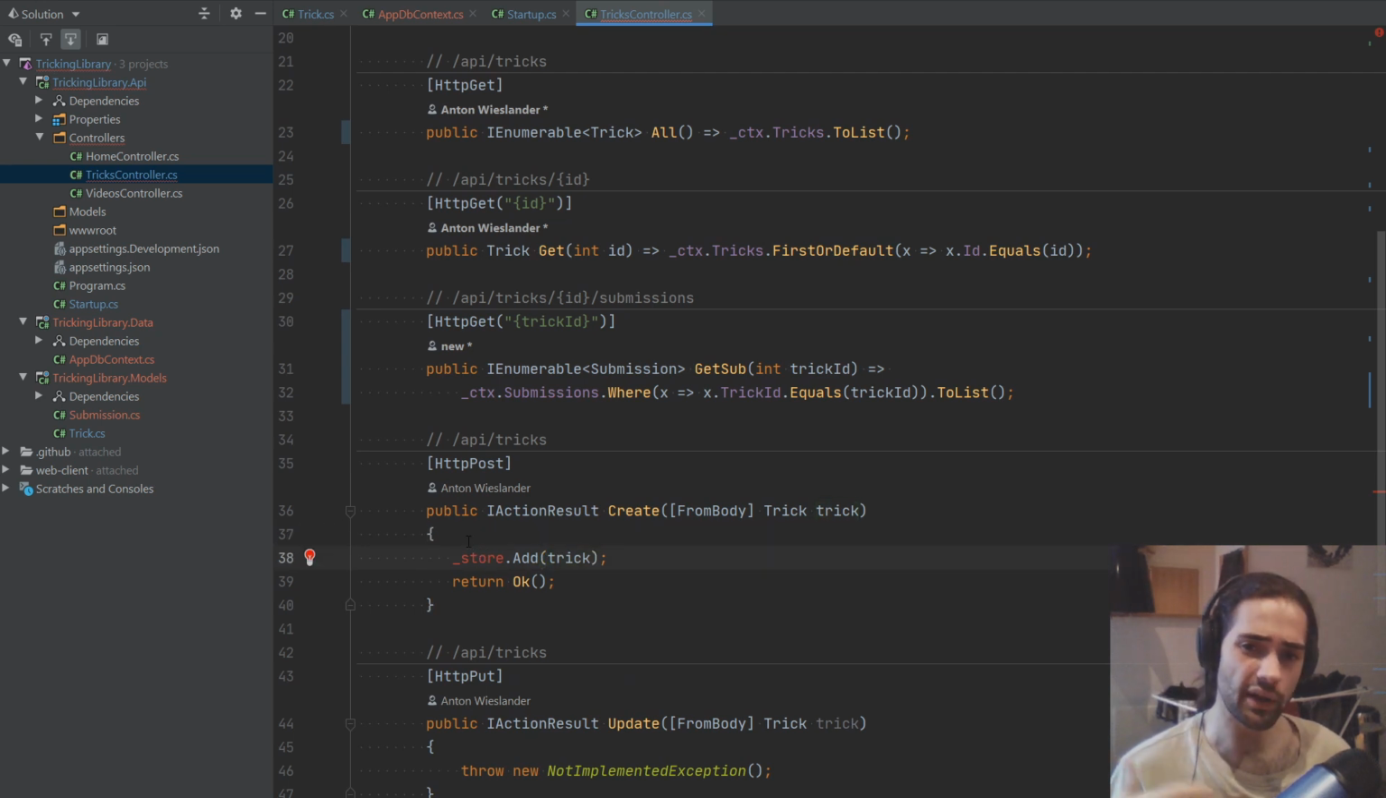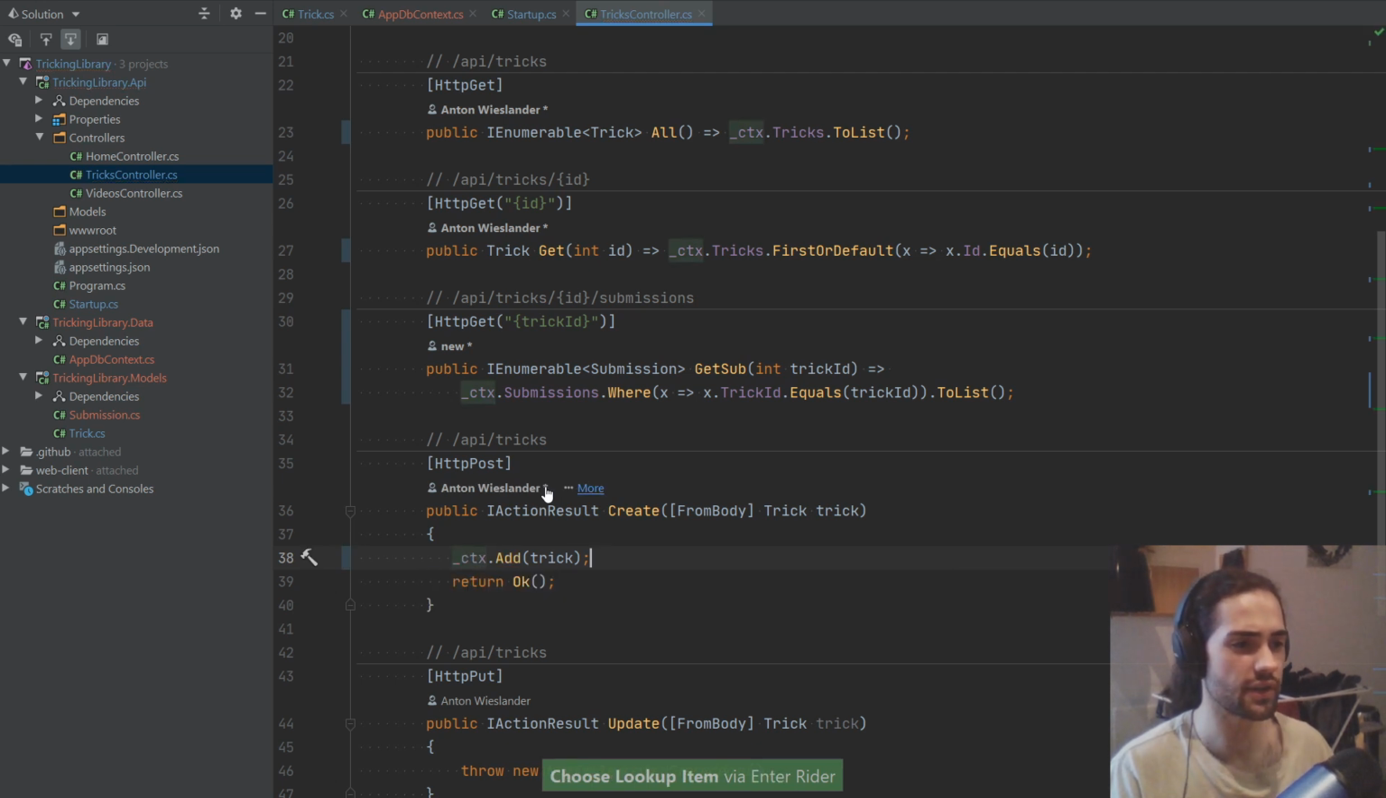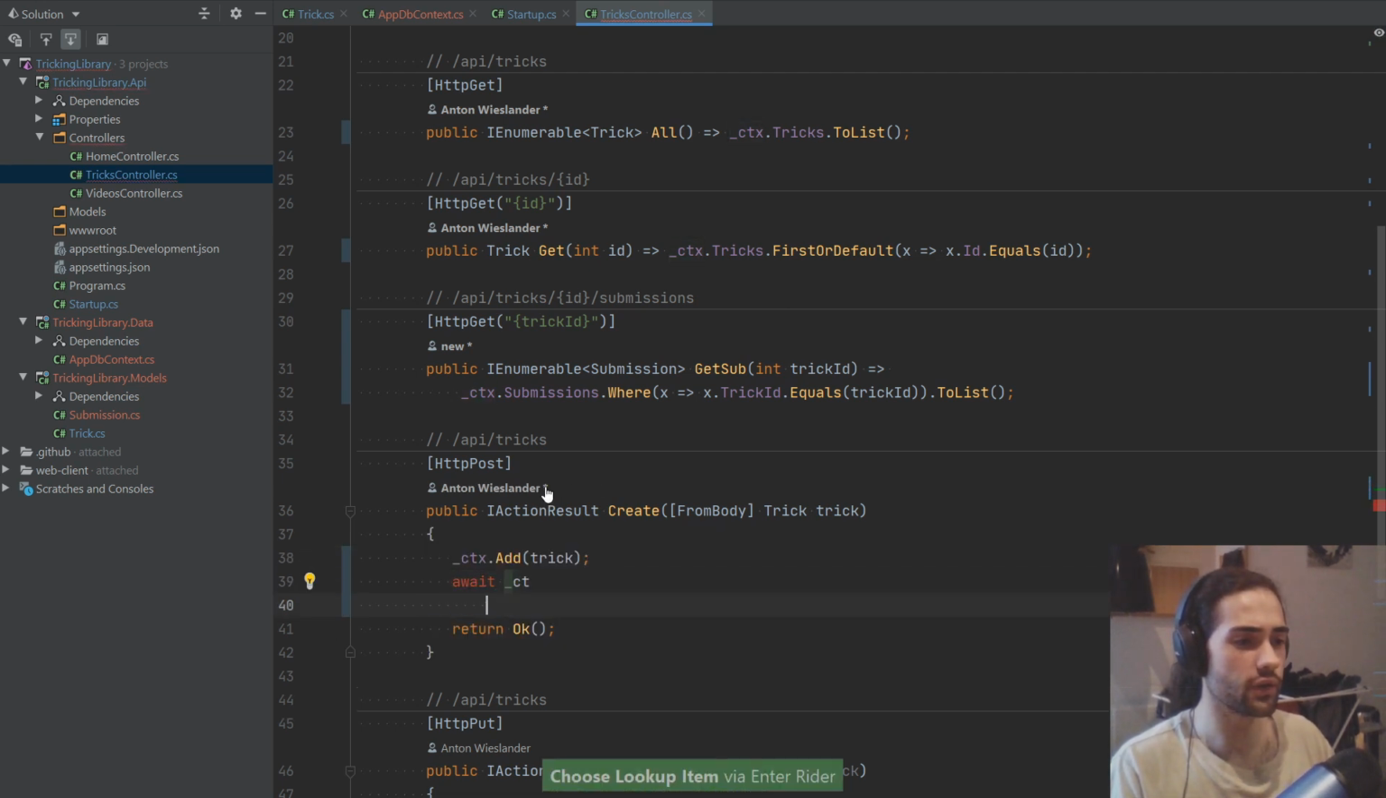So creating a trick will be a little bit more involved. When we create a trick, we also want a submission in the package. So for now, we'll just create the trick on its own, and this will be part of the streamlining process. So here we'll just say context, and then we will await context